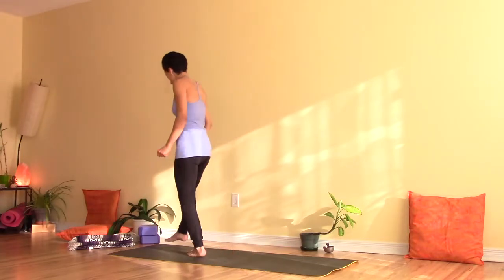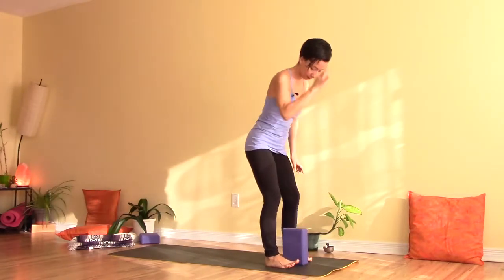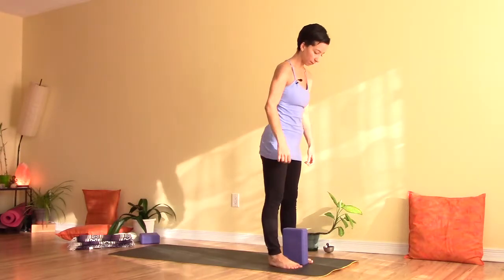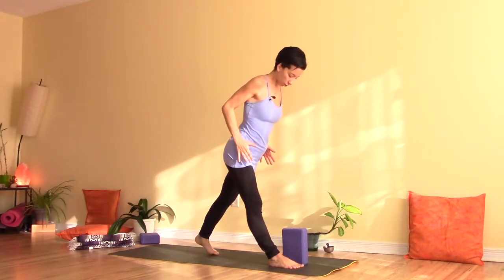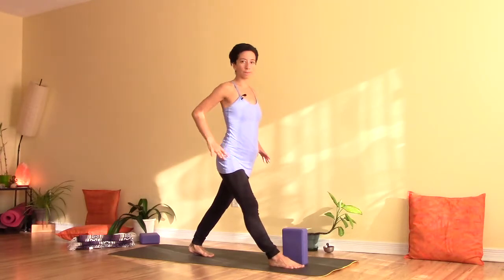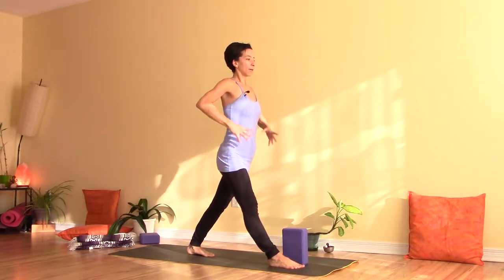Now, take your block, place your block between your feet, and we'll do revolved triangle pose, Parivrtta Trikonasana. Left foot back, feet on separate tracks. You can have the left foot in the same line as your block. Keep your hips parallel to the front edge of your mat, and with hands to hips, inhale, and open the